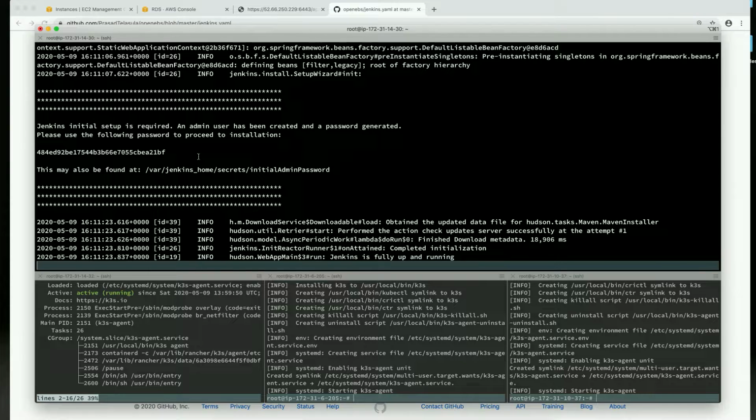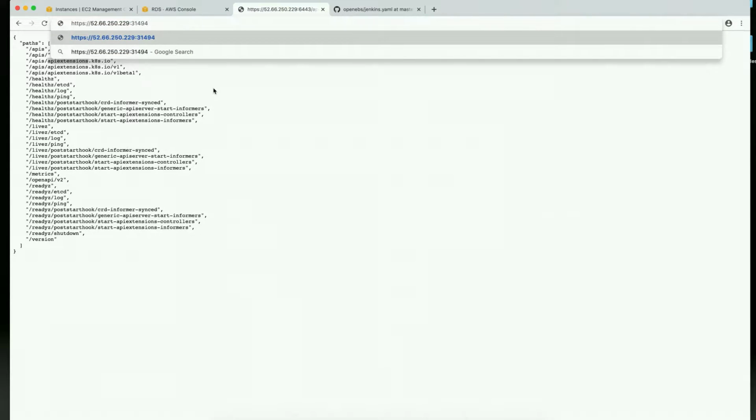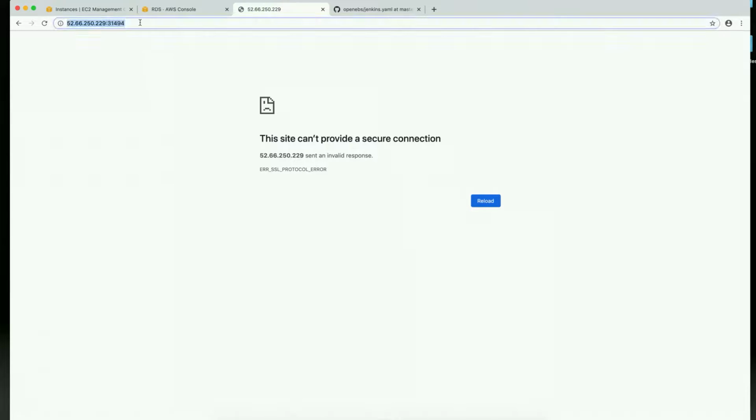So the particular Jenkins pod will give you the password for the Jenkins. So that's the reason I'm checking the logs. So let's go back to the browser and then try to open at this port. So HTTPS is not required because it is not listening.